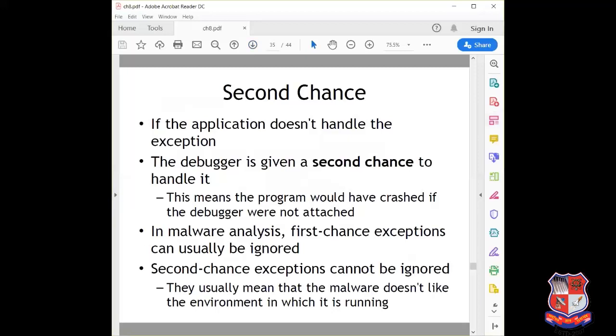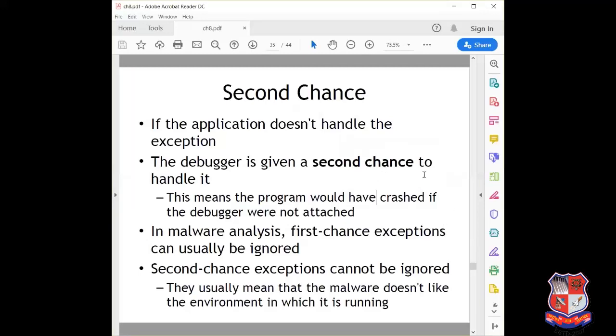Now about the second chance. When a debugger receives a second chance exception, it means that the program would have crashed if the debugger were not attached. The debugger must resolve the exception to allow the program to run.